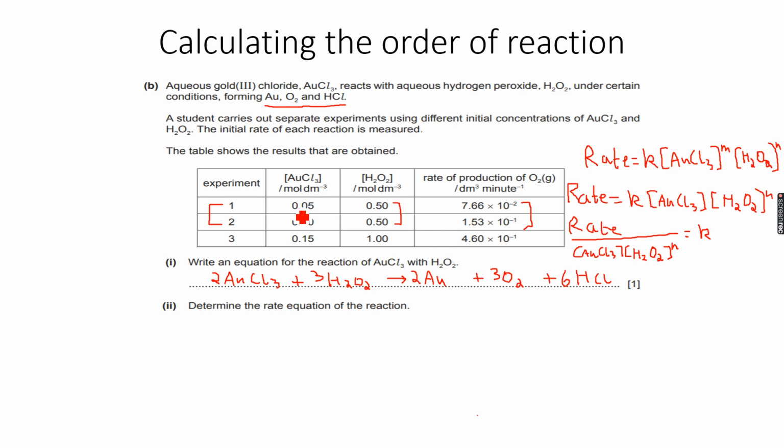So now what we do is, now we will use experiments 2 and 3, because the value of H2O2 is changing from 2 to 3. So now let's use experiments 2 and 3 and write, for experiment 2 it will be 1.53 into 10 to the power of minus 1 over 0.1 into 0.5 to the power of n. So the 0.1 was to the power of 1 because we calculated the value of m as 1, and we can equate